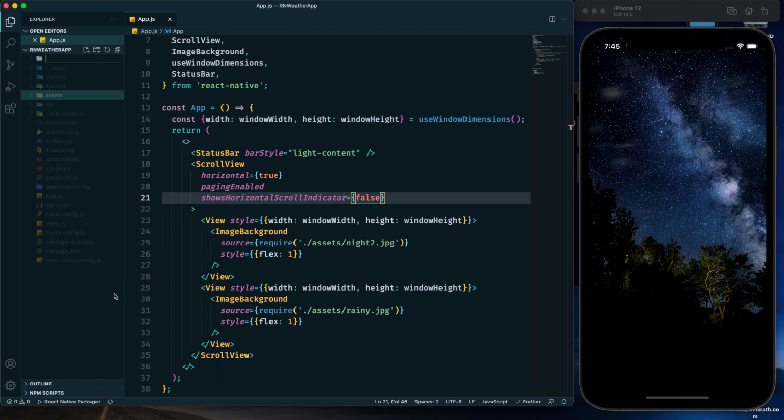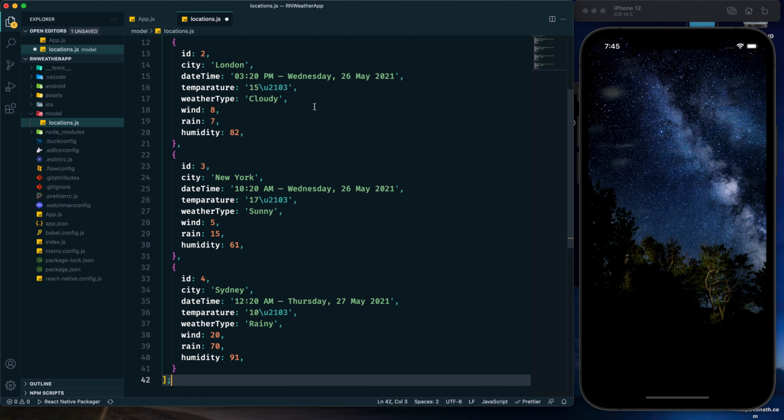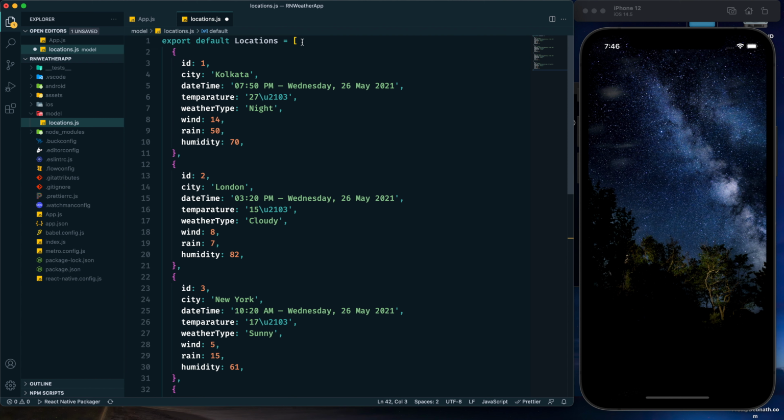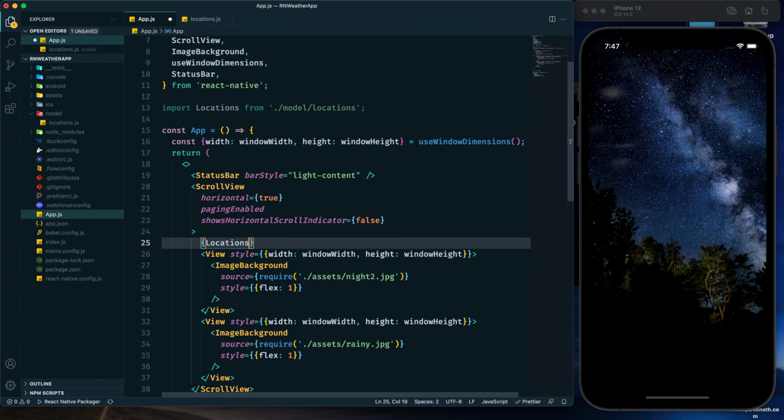So I'm creating a new folder called model, and within this model I will have locations.js, and here I have already prepared some locations, so I'm going to paste those locations here along with the weather informations. So it is an array of objects. Within our object we have one location information, and then we have another one, and we are exporting this locations array, and we can import those locations from our locations.js file, and here I can use it to map through